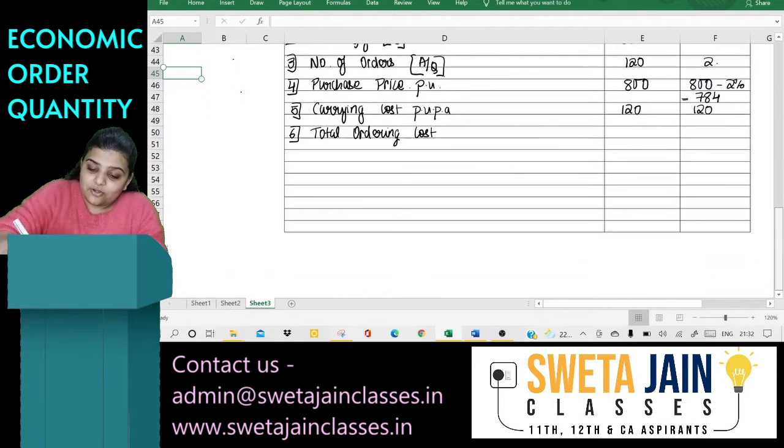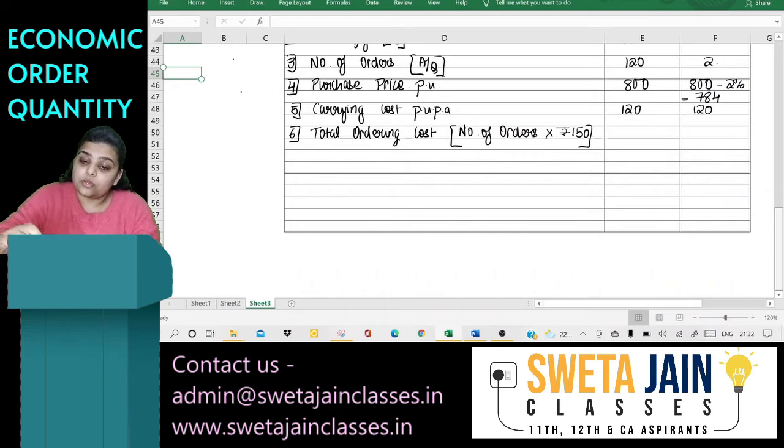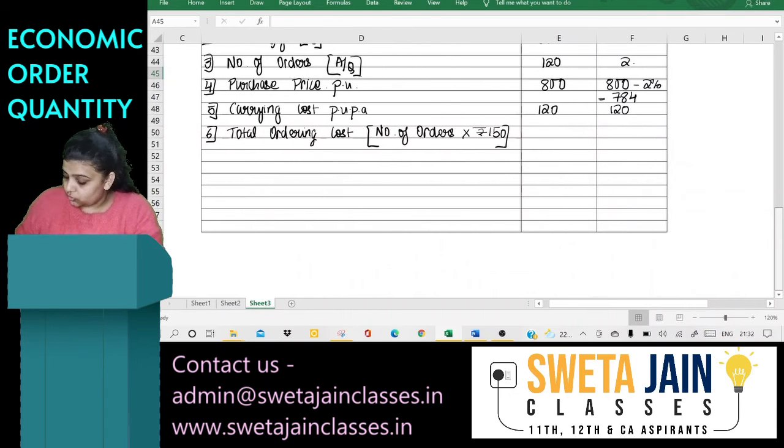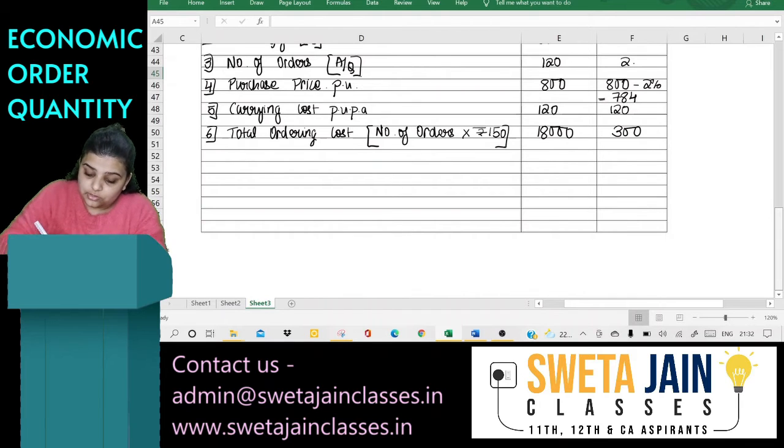So total ordering cost would be number of orders into rupees 150. That is our ordering cost per order. So here we have 120 orders. So 120 into 150, that is 18,000. Whereas here only 2. So 2 into 150 is 300. Next is total